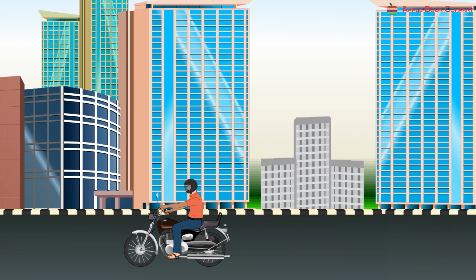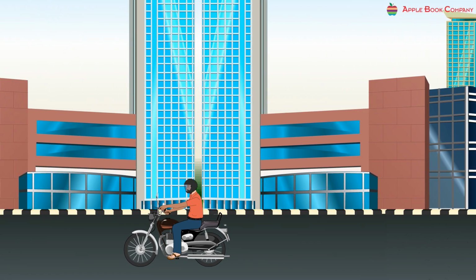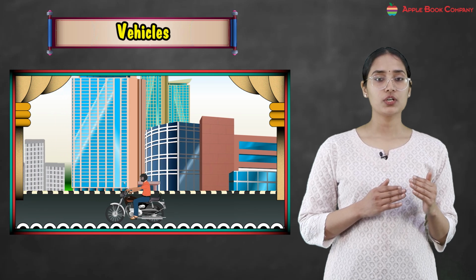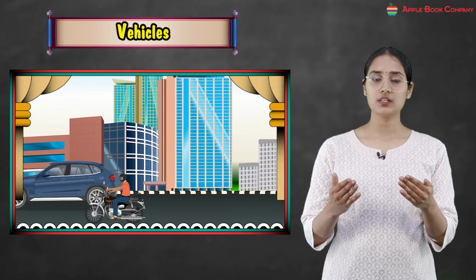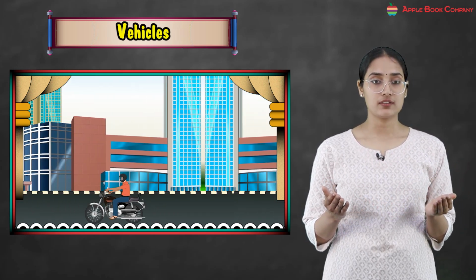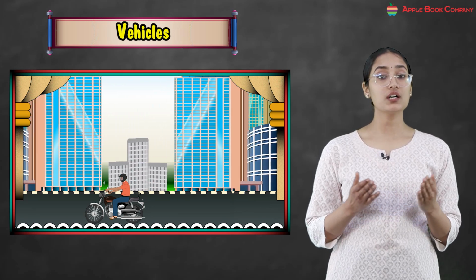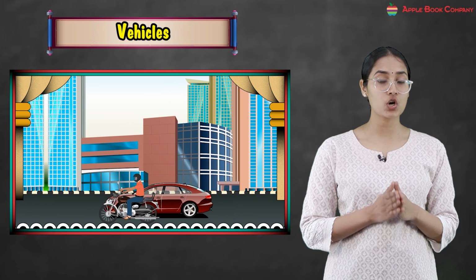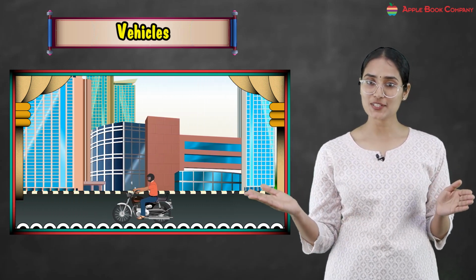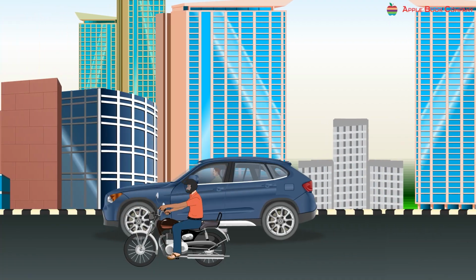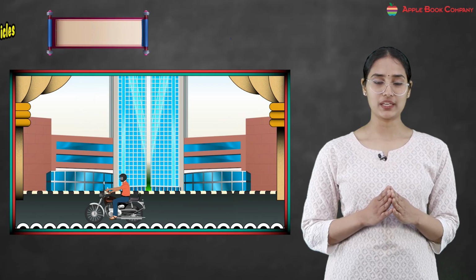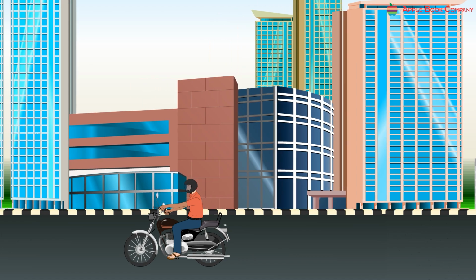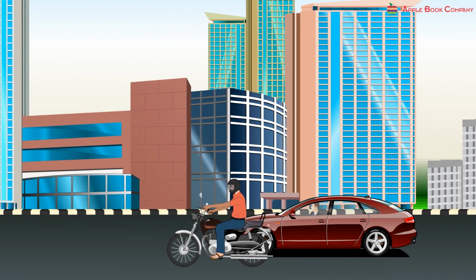So transport helps us to move from one place to another. So let's say, for example, you go from your house to the school, maybe through a van, right, through a car or through a school bus, right? So they help you to move from your house to the school, right? Now there are different types of vehicles also, okay? There are land vehicles. What are land vehicles? So these are vehicles that move on the roads.